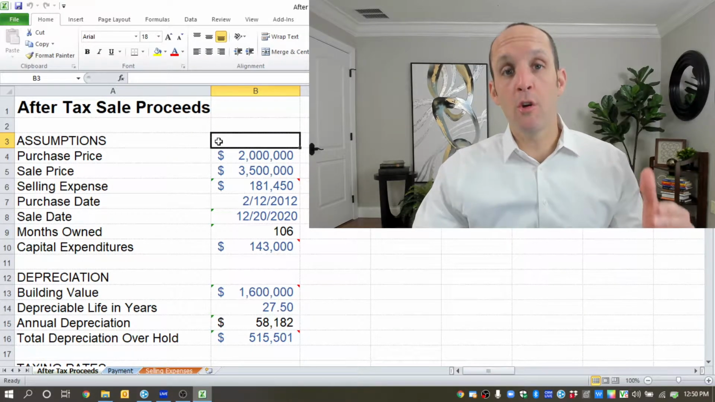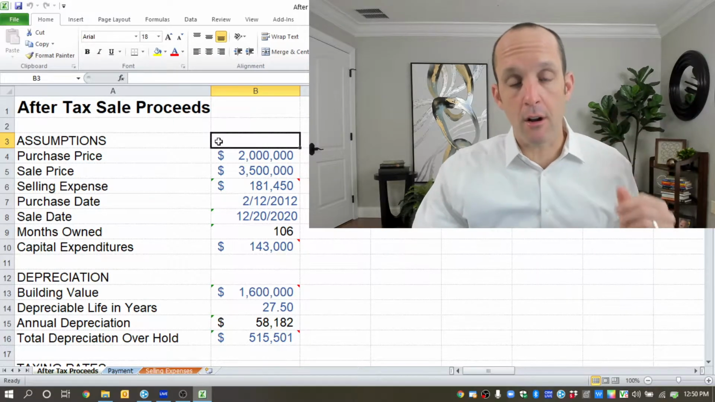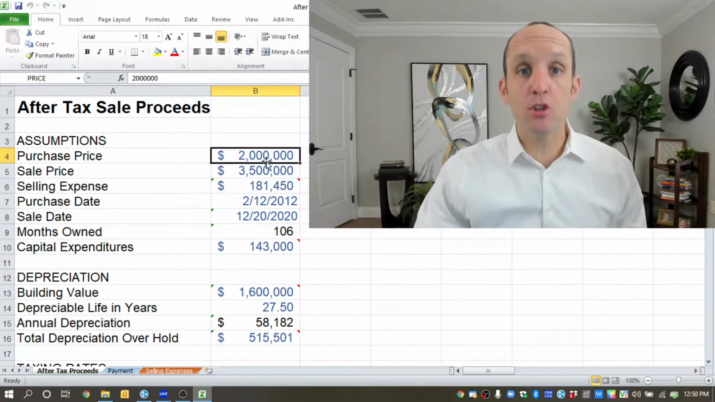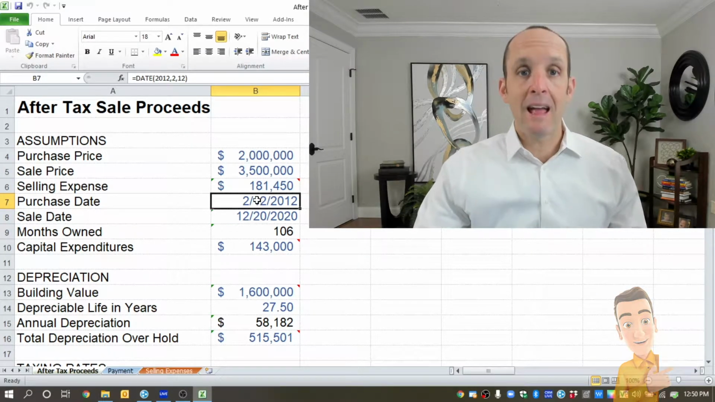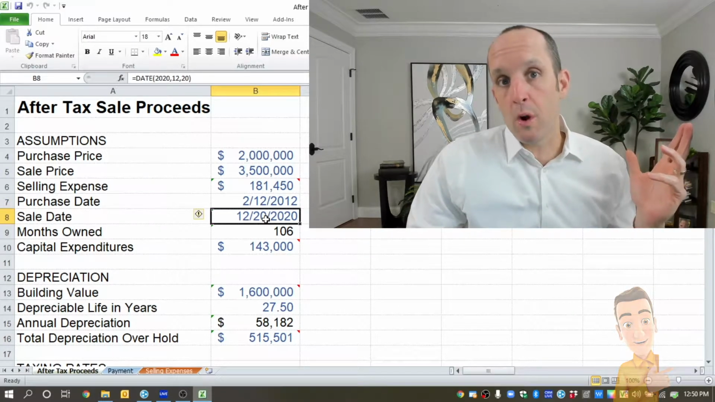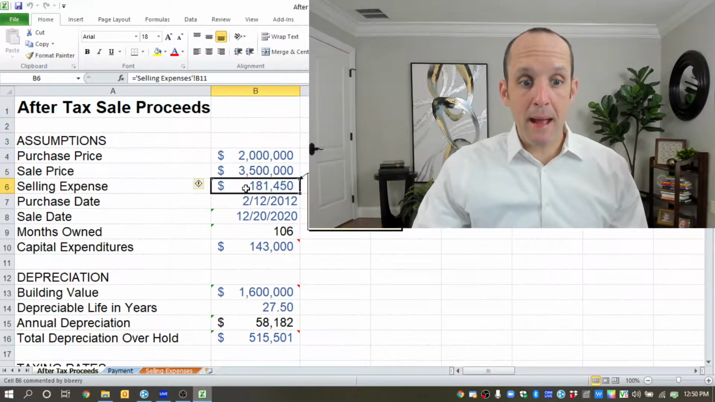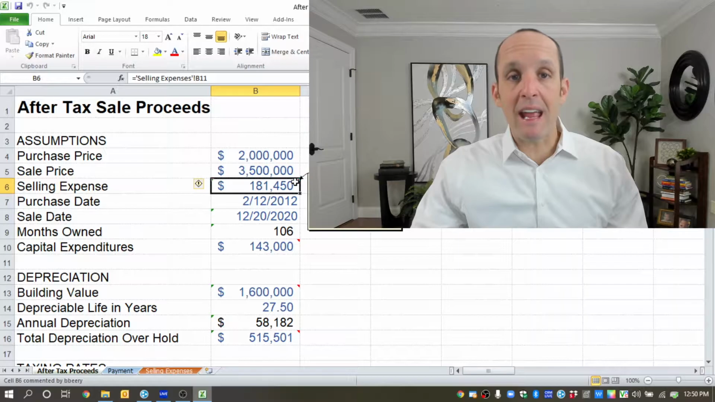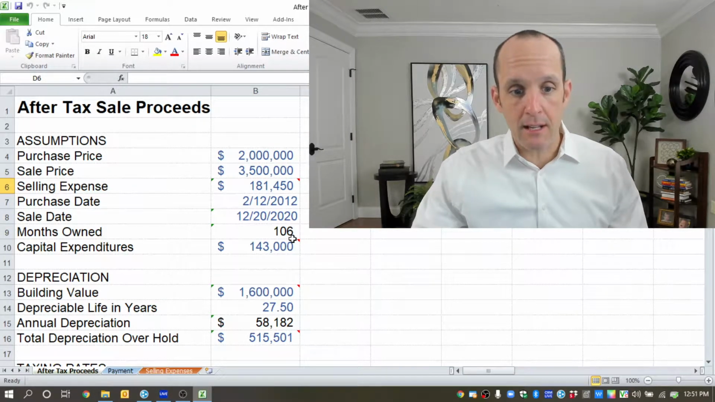In order to show you how the spreadsheet works and how to calculate your after-tax proceeds, we're going to create a scenario, which is we bought a $2 million property in February of 2012, and we're now selling it today, let's assume it's December 20th of 2020, for $3.5 million. Our selling expenses are $181,450. You can see here any cell that has a little red mark on the side of it, here, here,